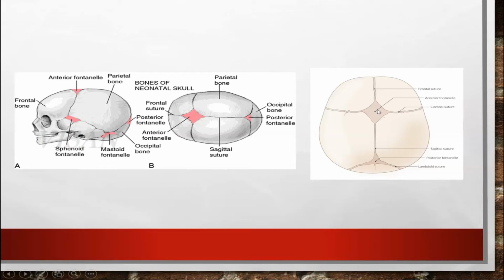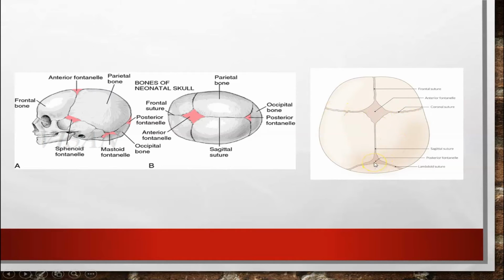The anterior fontanelle is the largest of all the fontanelles, which is diamond in shape, and it is present between the frontal bone anteriorly and the pair of parietal bones posteriorly. In the fetal skull, even though the frontal bone is an unpaired bone, it develops as two halves. So we can see a suture between the two halves of the frontal bone called the metopic suture or frontal suture. So this anterior fontanelle is present between the metopic suture anteriorly, the sagittal suture posteriorly and the coronal suture on either side.